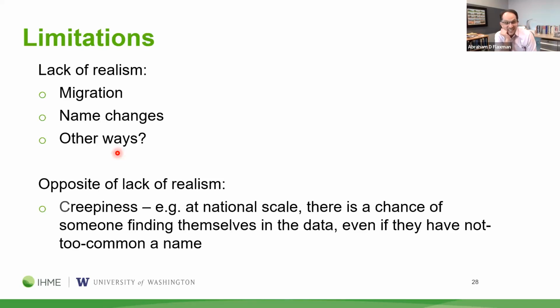Now, it's very easy to look at this and identify areas where there's a lack of realism, where it would be really fun to build in additional realism, and you can flag these as limitations. Migration. Oh, I should have demoed longer, so I could have called out the way there's a lot of migration happening. When people move households, they're often moving jobs as well, and there's an effort to capture this hard part of linking: if you know where someone was living last year, that might or might not help you find who they are in some administrative data source this year.